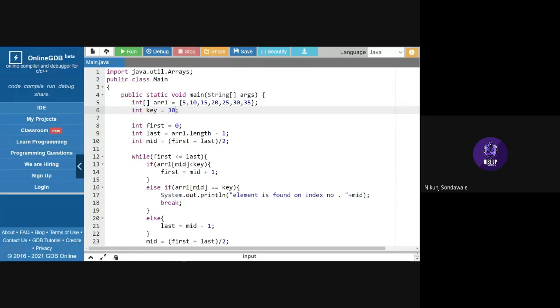And who are the CRs of the two classes, both the sections? Please give a hands up in the chat box. Who are the CRs? Vasu, you are CR, class representative.